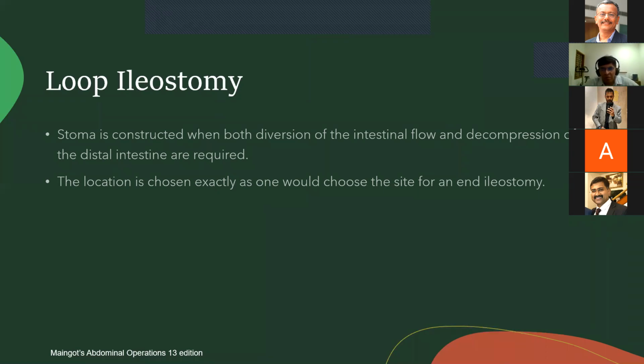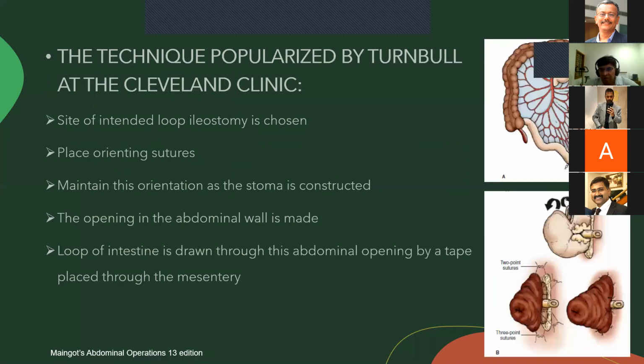In case of loop ileostomy, the stoma is constructed with both the diversion of the intestinal flow and the decompression of the distal intestine brought to the surface. The location is chosen exactly as you would have chosen in case of an end ileostomy. There are two main techniques that are followed. One is the Turnbull technique at the Cleveland Clinic,